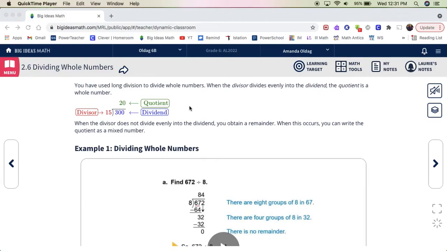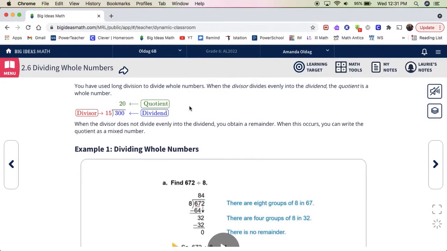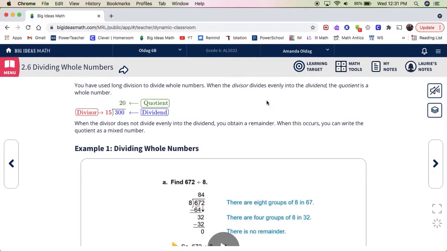Ready to begin lesson 2.6, dividing whole numbers. A little note here at the top. This is on page 82 in the book. You remember the chapter is on your Google Classroom, so you can look at it if you would like to,